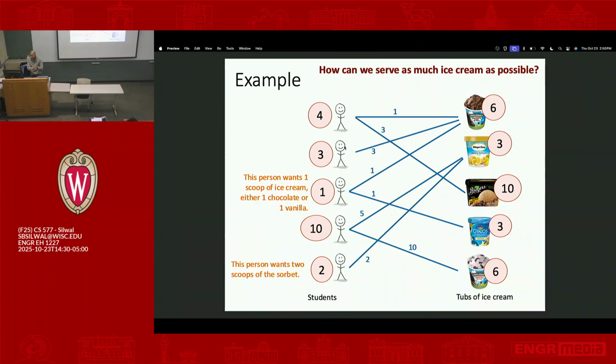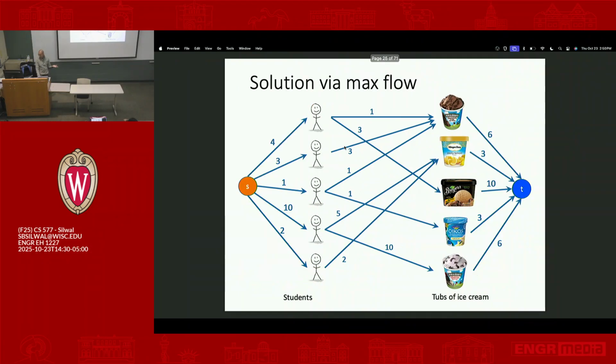Do these numbers make sense? It's like saying this person wants 10 scoops, and they would be happy with 5 of this or 10 of this. Or this person wants 1 scoop, but at most 1 chocolate and at most 1 vanilla. Or this person wants 4 scoops, but what they really want is 3 scoops of this flavor and 1 scoop of this flavor. So, putting those constraints